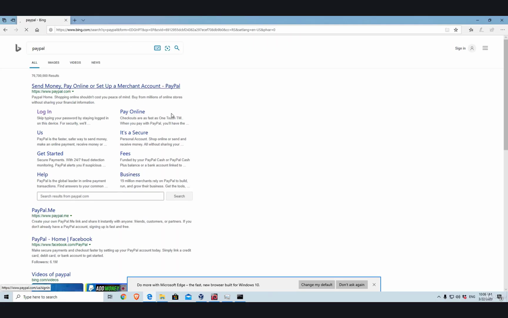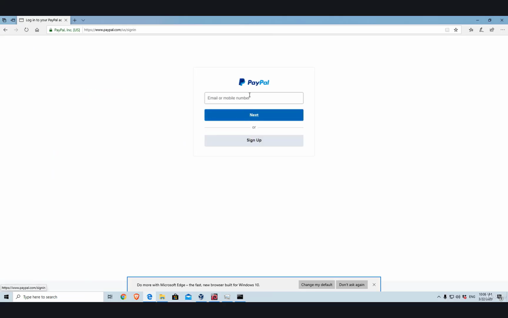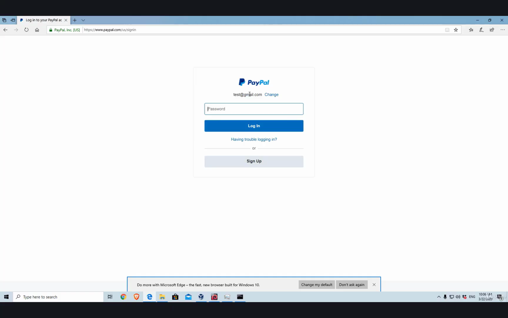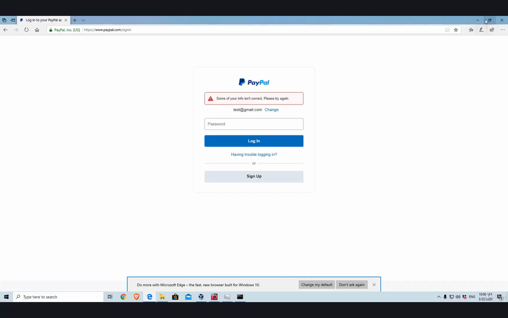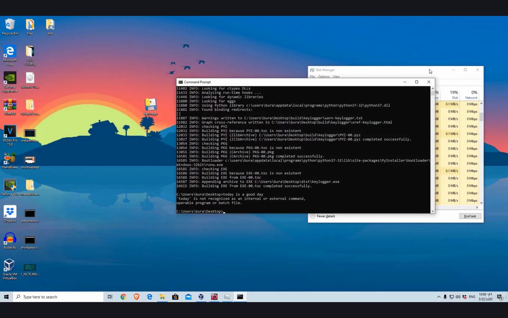Go to the login and we type email test@gmail.com. Next, and then password can be password123. Oops, I think I pressed 4, doesn't even matter. Click on login. Of course that account does not exist, but if we close our keylogger